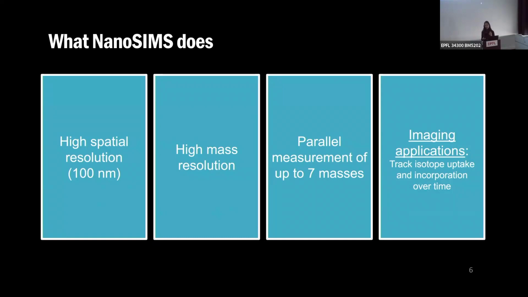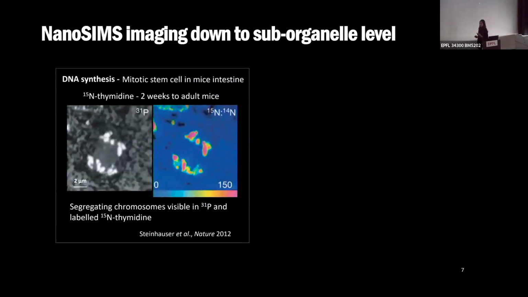So, and then you look at its incorporation at the subcellular level over time. So this is really another very important use of NanoSIMS. So I thought I would take two examples to show you its application in biology. So here, for example, I talk about one of the examples where they were using NanoSIMS to look at DNA